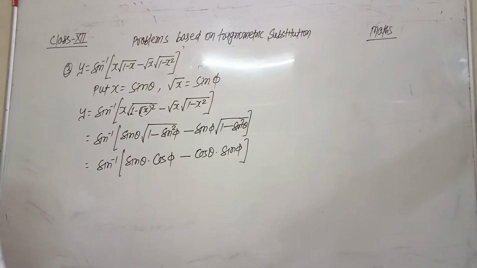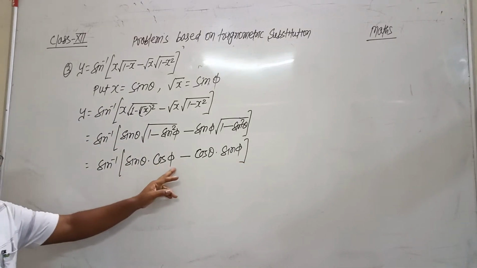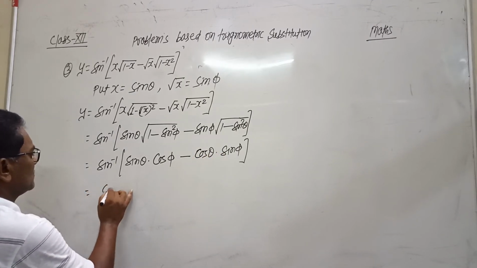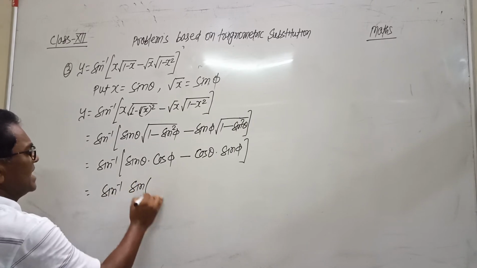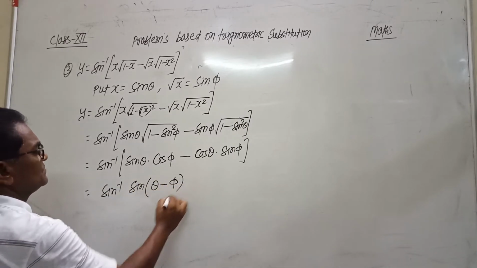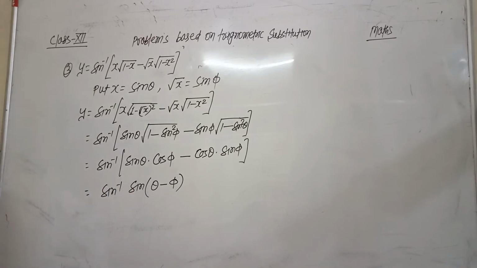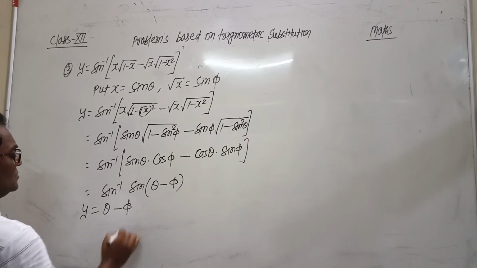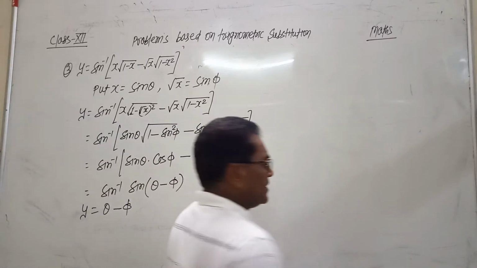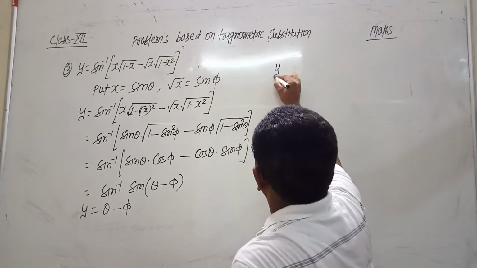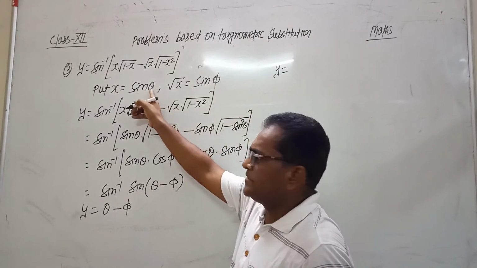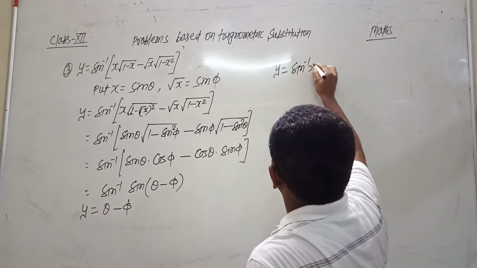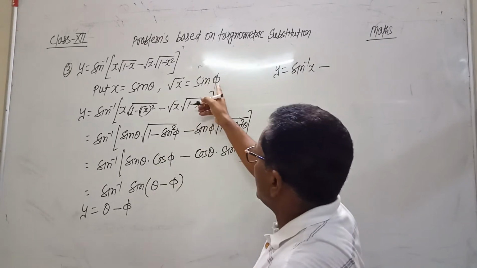Now the expression becomes sine A into cos B minus cos A into sine B. So we use the formula sine of A minus B, meaning theta minus phi. So sine and sine inverse get cancelled, and the result comes to be y equals to theta minus phi. Now we will put the value of theta and phi. Theta becomes sine inverse x. So y equals to sine inverse x minus phi, which comes to be